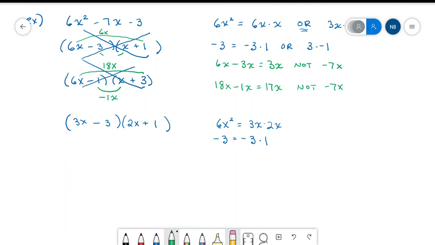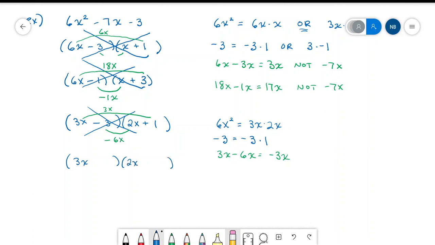And now we're going to check outer. 3x times 1 is 3x. Negative 3 times 2x is negative 6x. 3x minus 6x is negative 3x, which is not what we need it to be. So we know this is wrong. So what I'm going to do is cross that out. I'm going to set up 3x and 2x again, and I'm going to switch the 1 and the 3